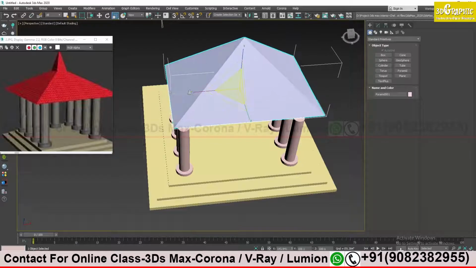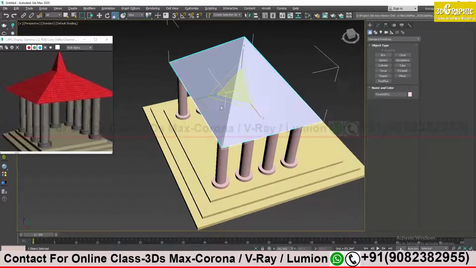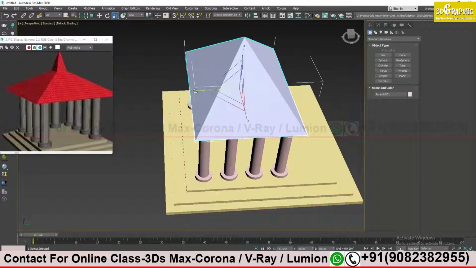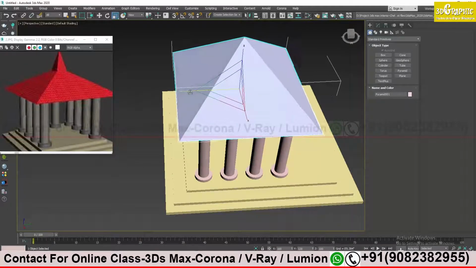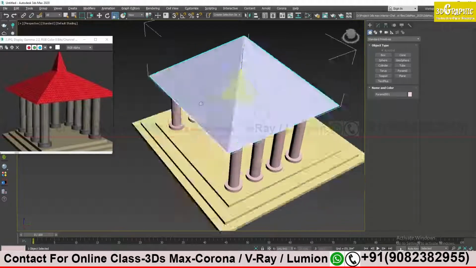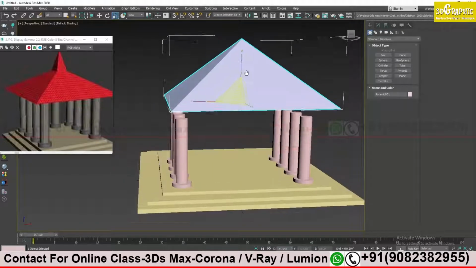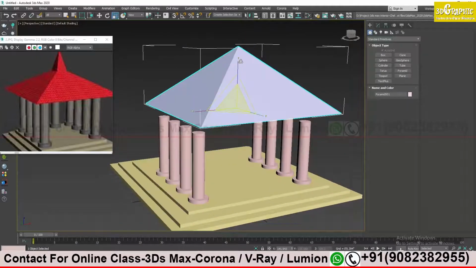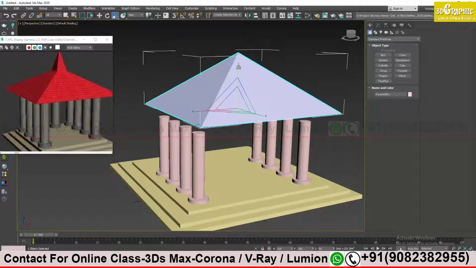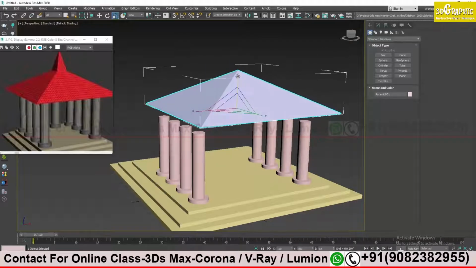So scale out from here, and I will rotate my viewport, and then I will scale from another direction like this. Okay. And the height, I want height to be a little low. So what I will do, I will scale from another Z axis, not top axis, and see my height is scaled. This much is okay with me.